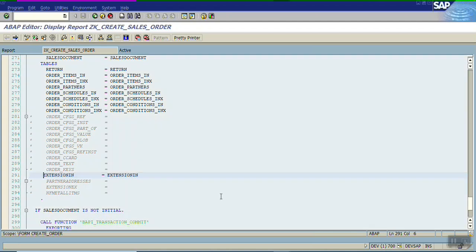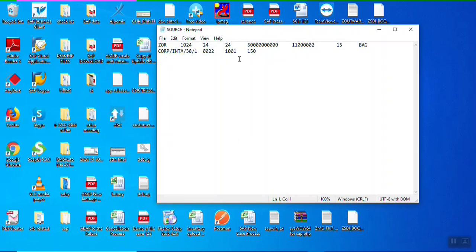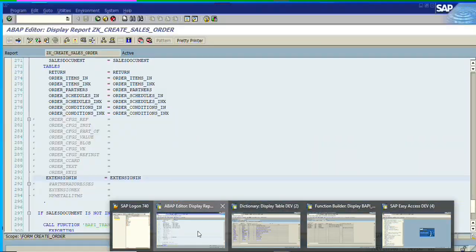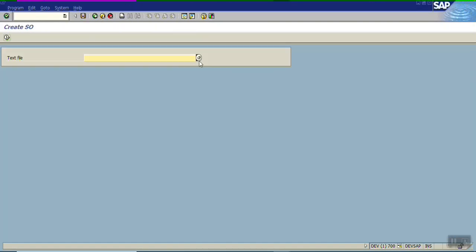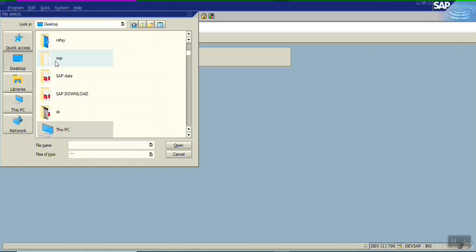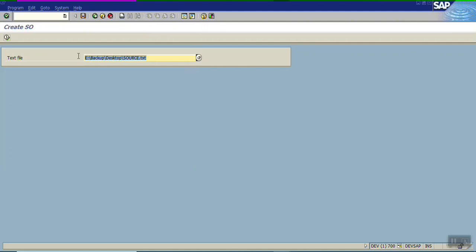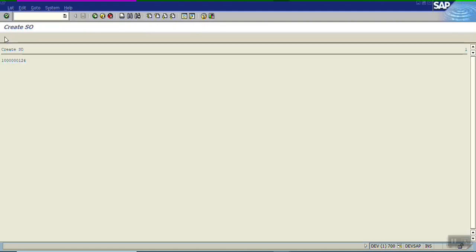Now let me test. As this was our text file, I have same file as it is. We'll upload the same file here. Source, execute. So we can see the sales order number 124 is created.